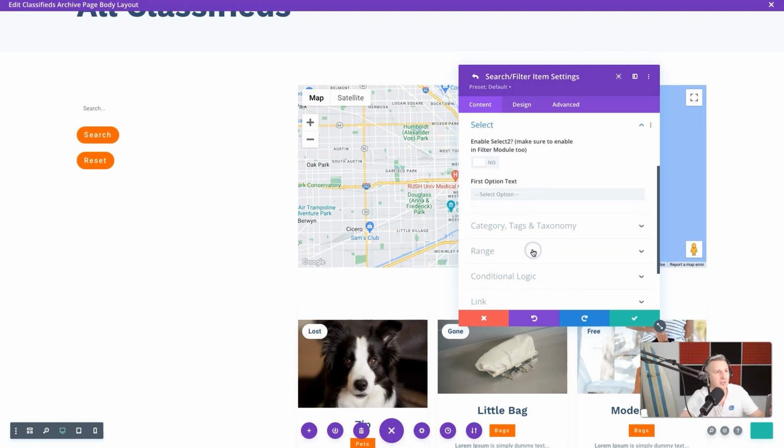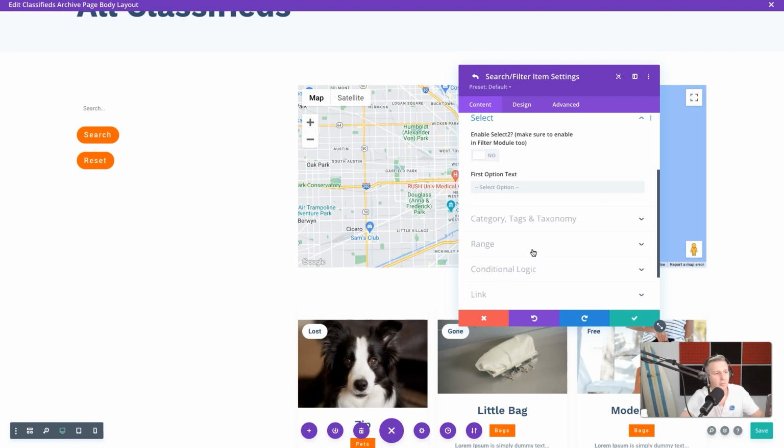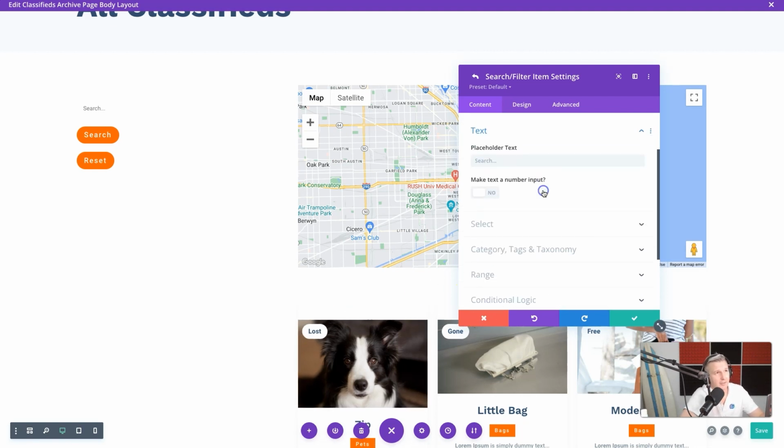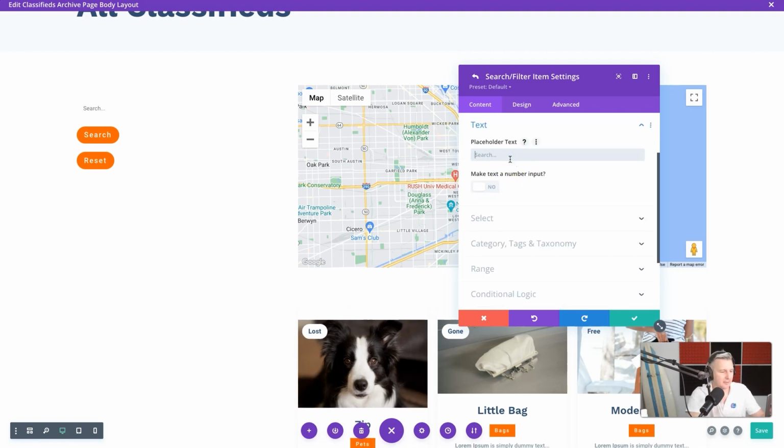Now, as far as text goes, there's a lot of settings in here. We're not going to be messing around with that too much. But the other thing we want to take a look at here is the text. And we are going to change the placeholder text. So we'll say search for an item,